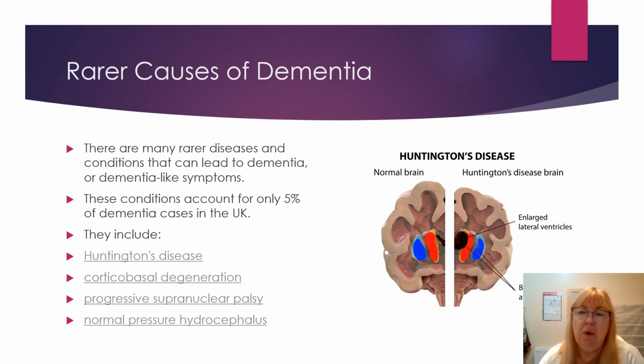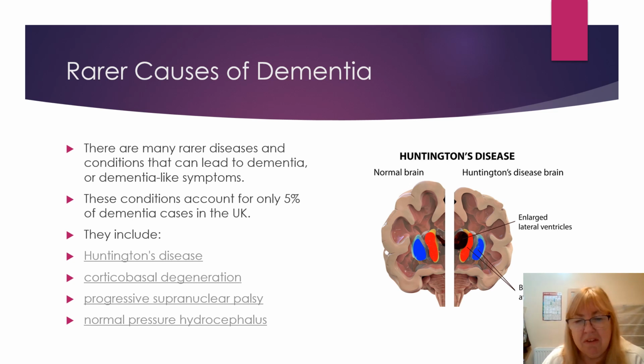There are some rarer causes of dementia: Huntington's disease, progressive supranuclear palsy, hydrocephalus. They're quite rare, and really just only 5% of dementia, all these diseases together. So I won't go through all of those, but if you're interested, they're very easy to Google, look up, find